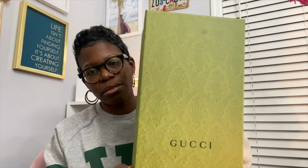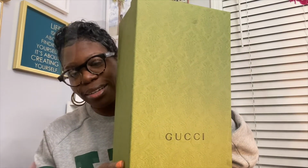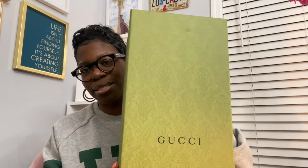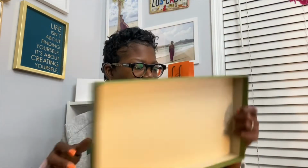Let's start with the box. Gucci is really doing it with their boxes, and the texture. I mean, look at it. Let the light shine on it, okay? Look at the detail on there. It's just amazing, okay? It almost looks like wallpaper. These are the GG